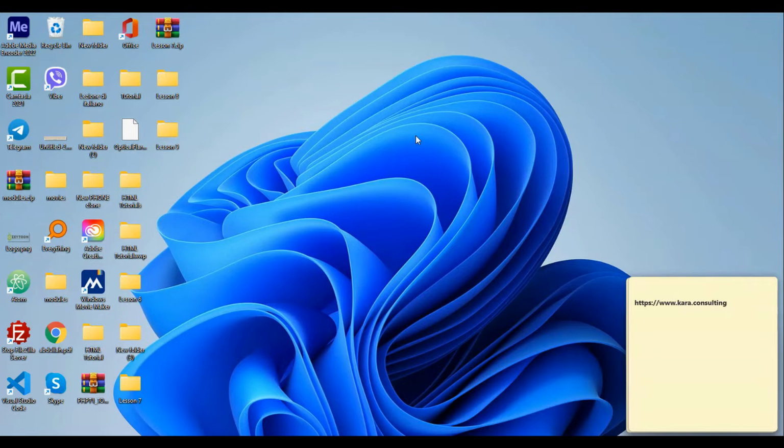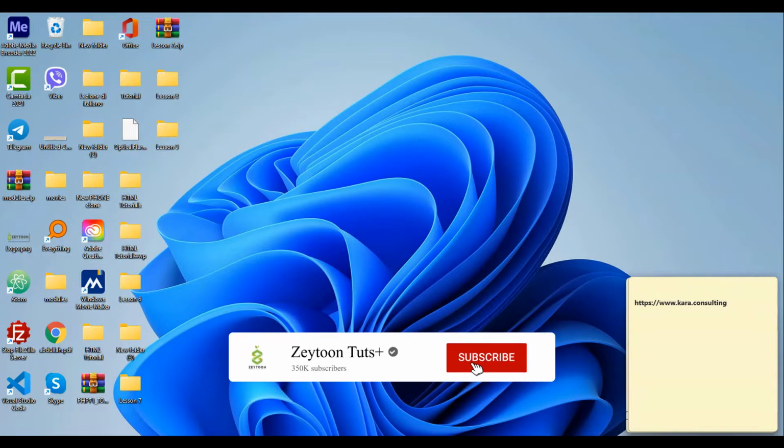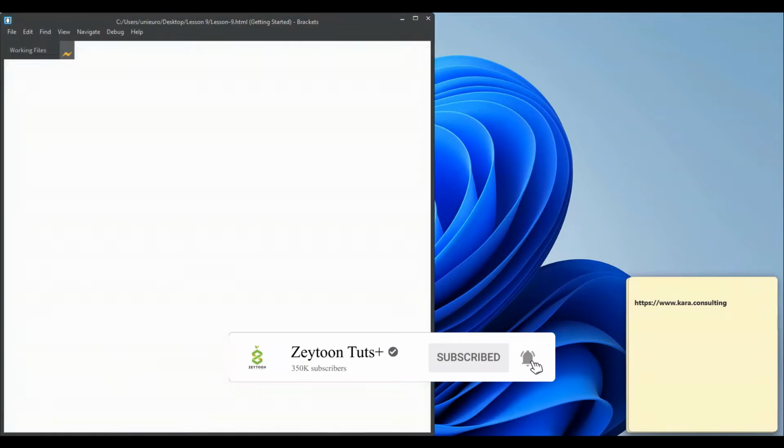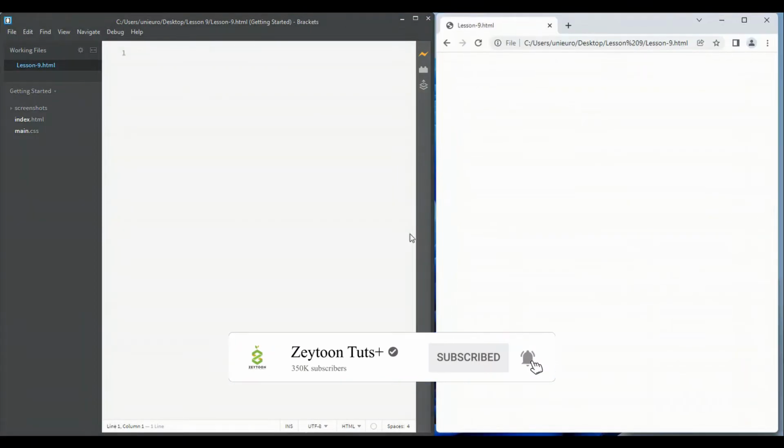Today we will work with HTML. In this lesson we will talk about forms in HTML, how to create forms in HTML. First of all, we open Brackets, our live preview. We add some basic codes,